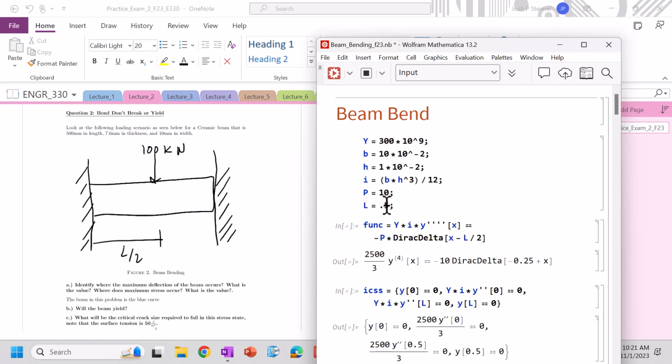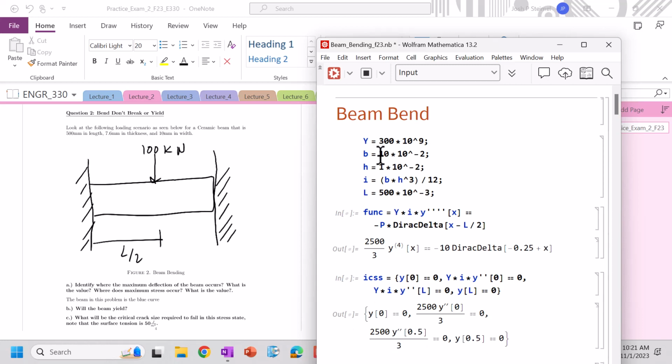The length is going to be 500 millimeters, so 500 times 10 to the minus 3. Forget about a load, P. My width is going to be 10 millimeters, so 10 times 10 to the minus 3. And the height, or the thickness, is going to be 7.6 times 10 to the minus 3. And it's a rectangular beam. So we have our function. We have a load, which is minus 100 times 10 to the third, applied at L over 2,